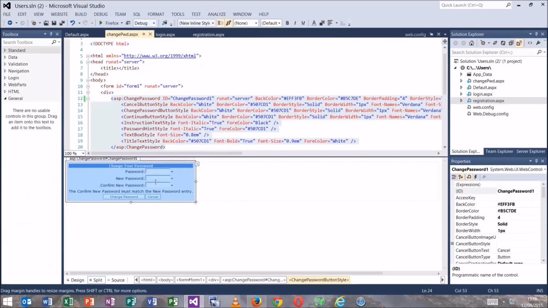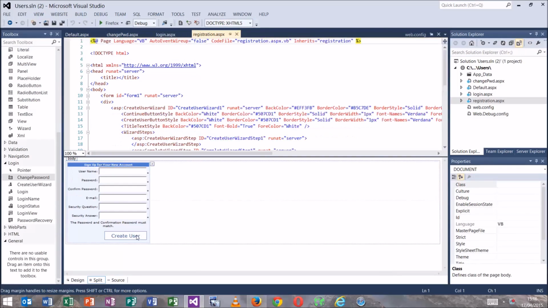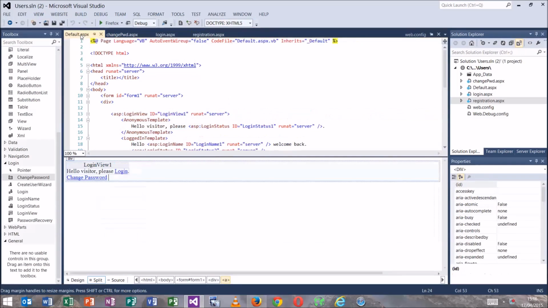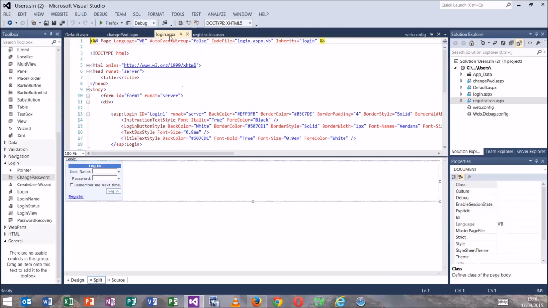We've got our change password wizard there on our page change password. I've got my login control and I've got my registration control. What we're going to do is look at how we administer the back end of this now, and set some security. In order to do this, I'm going to make a couple of little changes first and foremost